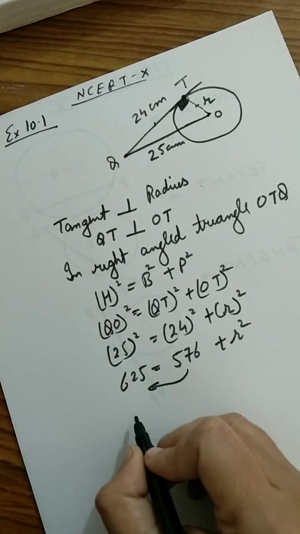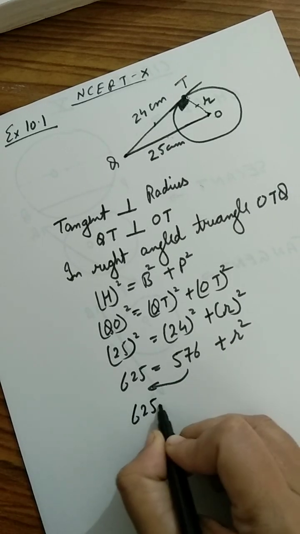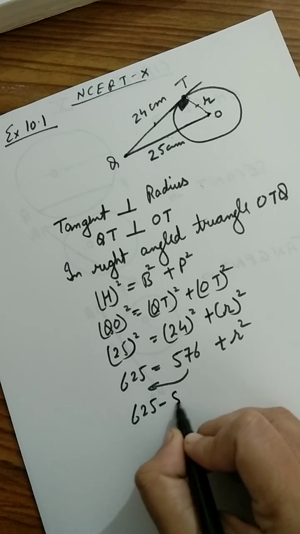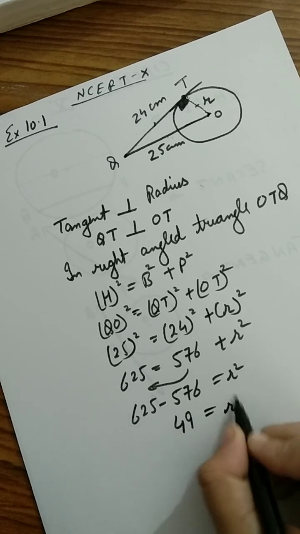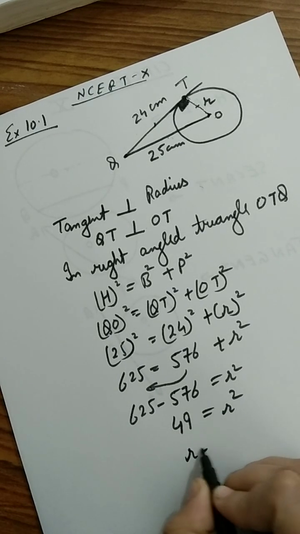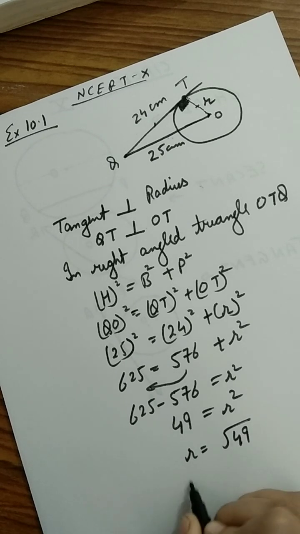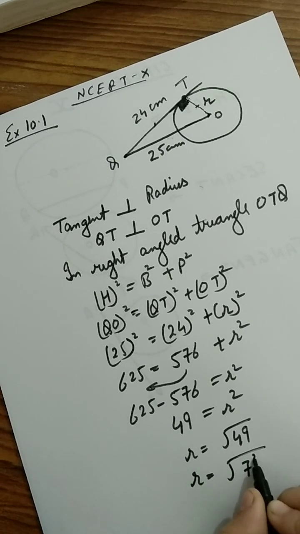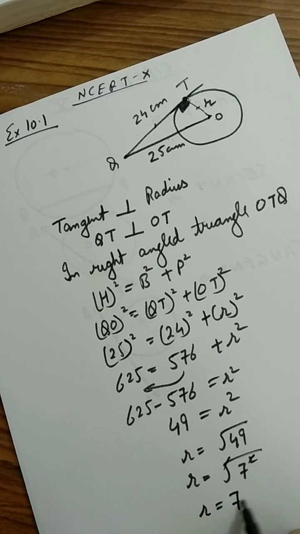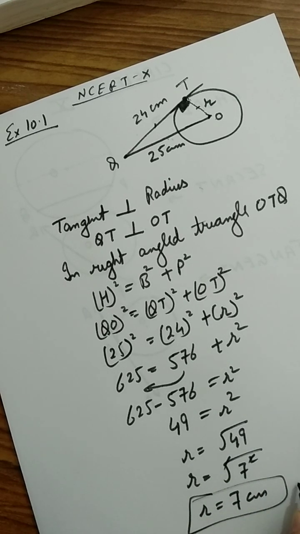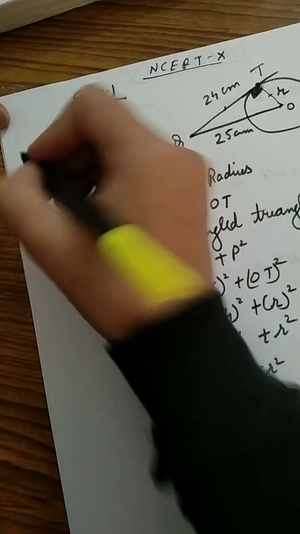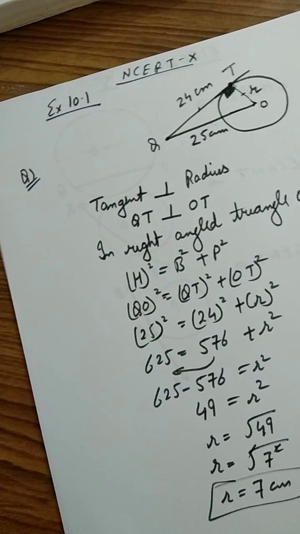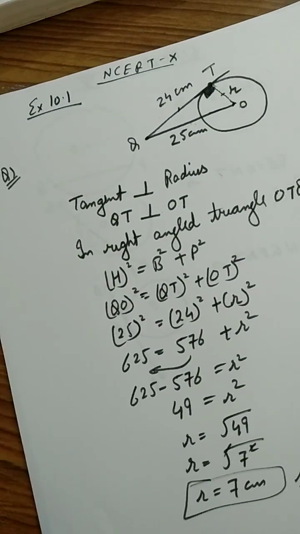Now it will go on left hand side and its sign will become negative. It will become 625 minus 576 is equal to R square. On subtracting we get 49 is equal to R square. So R will become under root of 49 and R will become 7. 49 is the square of 7. Square and root will be cancelled out and the value of my R is 7 centimeter. And this is my answer. This is the question number 1 of exercise 10.2. Okay. Now next